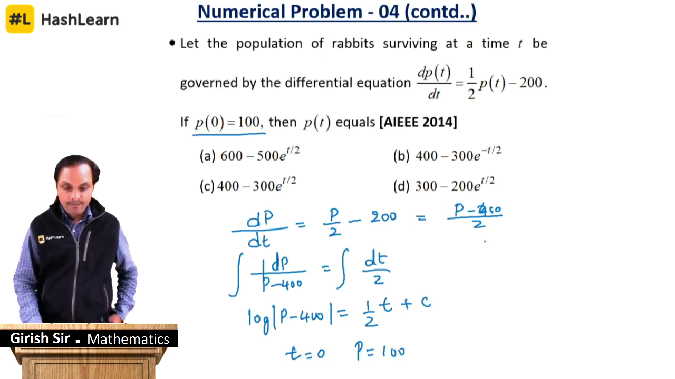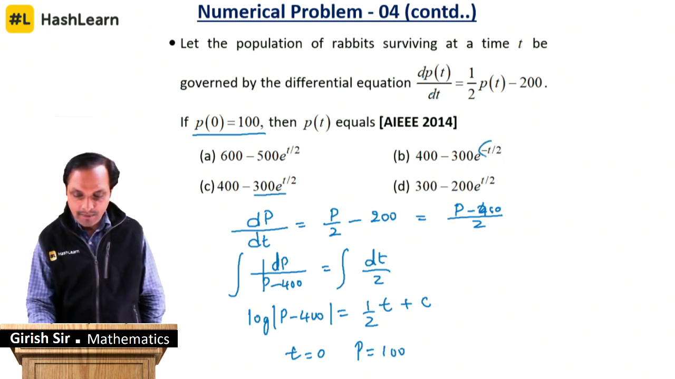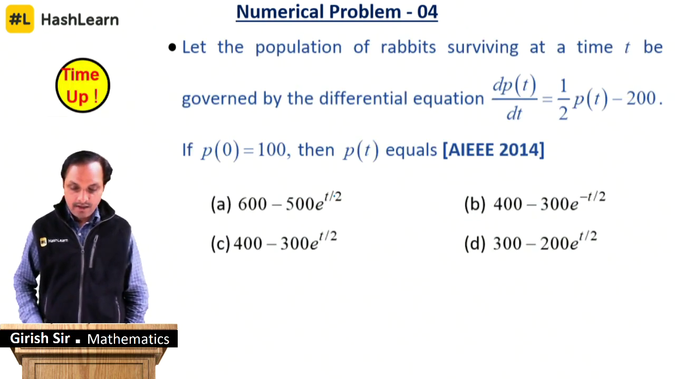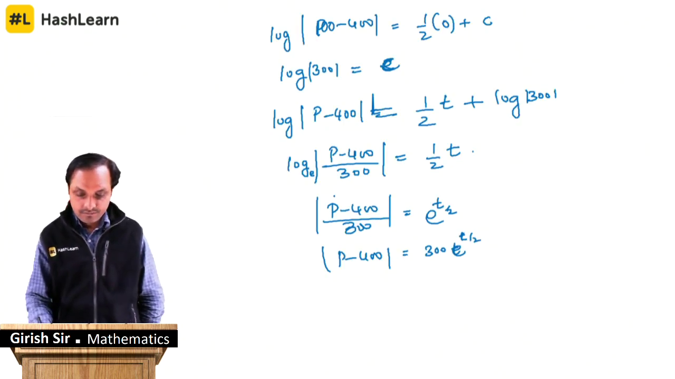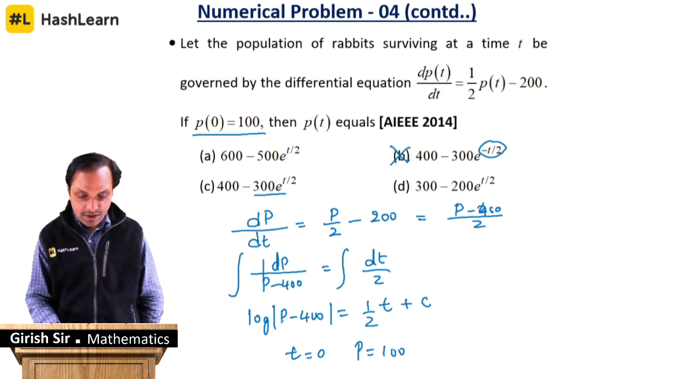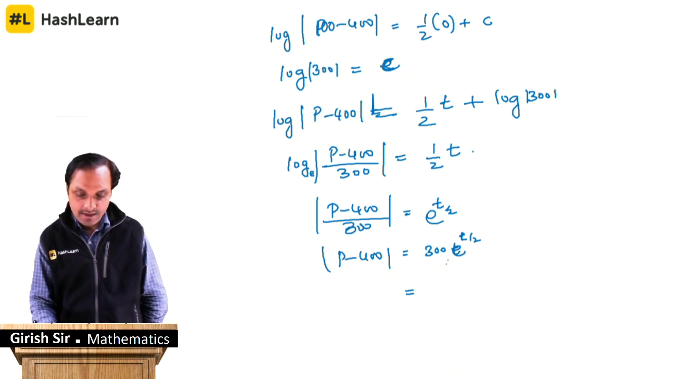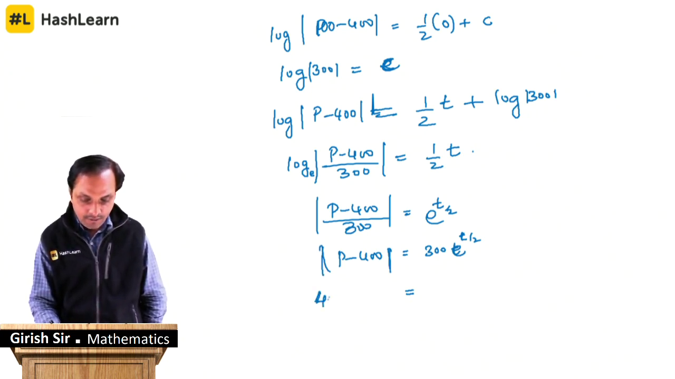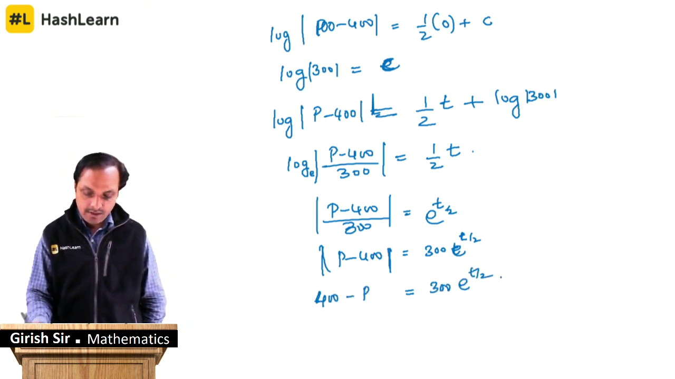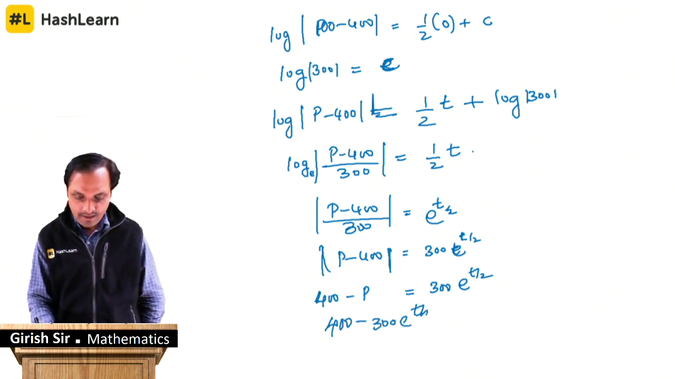So look at this, 300 e to the power t by 2, you have power minus t by 2, leave this. If I take this and shift this side, you know that the population p will be bigger compared to 400. Therefore, because of the mod, shifting this here, it becomes 400 minus p is equal to 300 into e to the power t by 2. Shifting this here, we have 400 minus 300 e to the power t by 2 is equal to